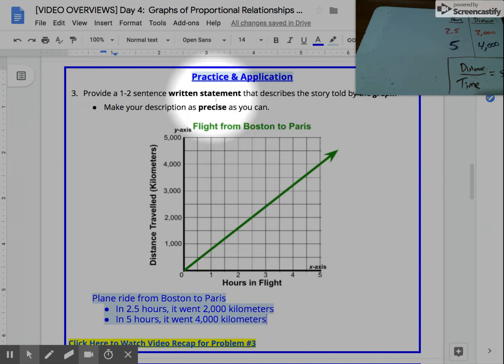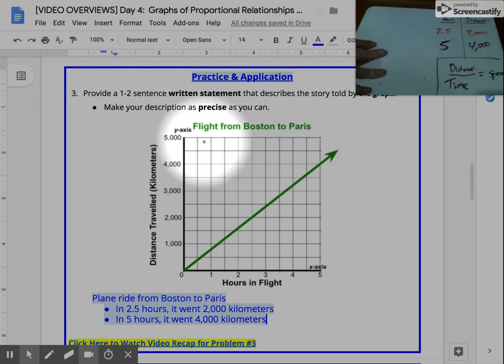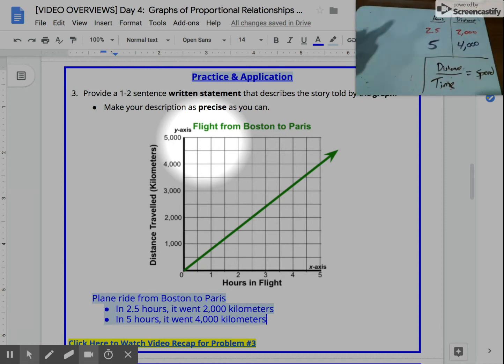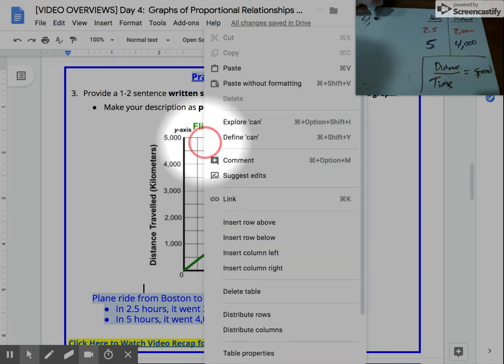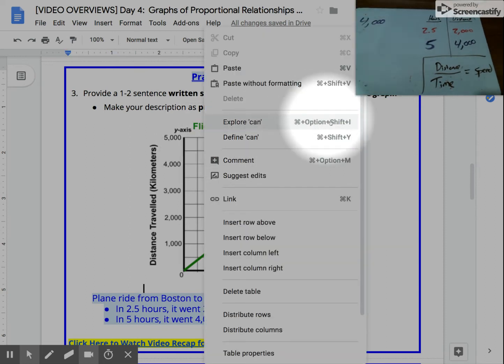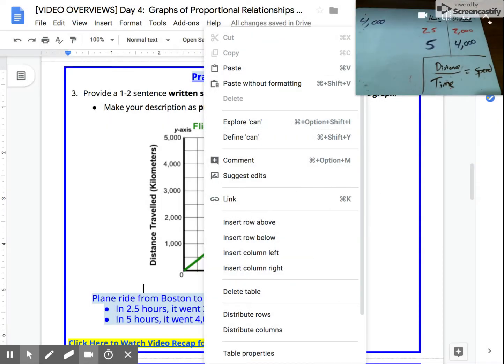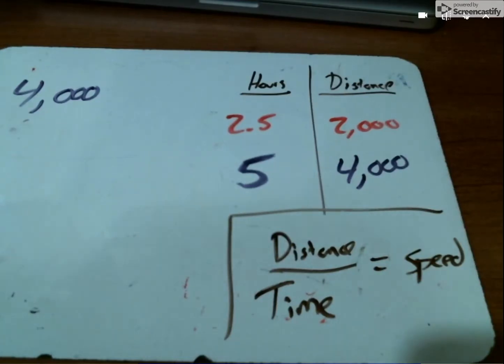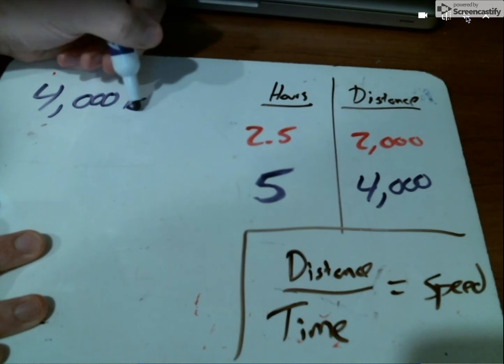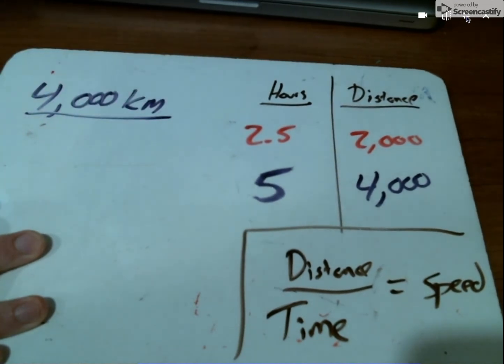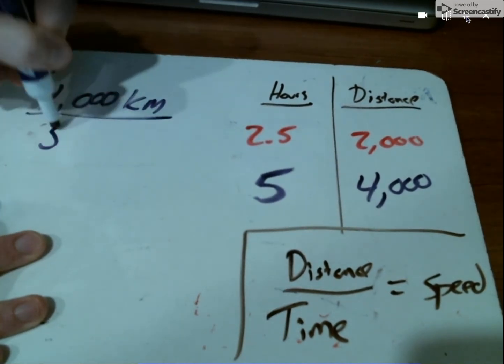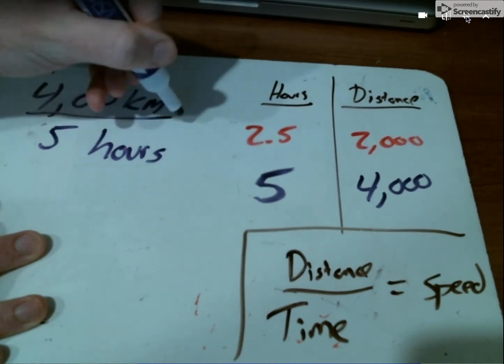And if we want to get even more exact, more precise, we can start to see something about our speed. If we know how much the distance is changing and how much time it's taking, if we do y divided by x, which you all have done for unit rate before. For example, if we took 4,000 km for kilometers, and we divide that by the 5 hours it took,